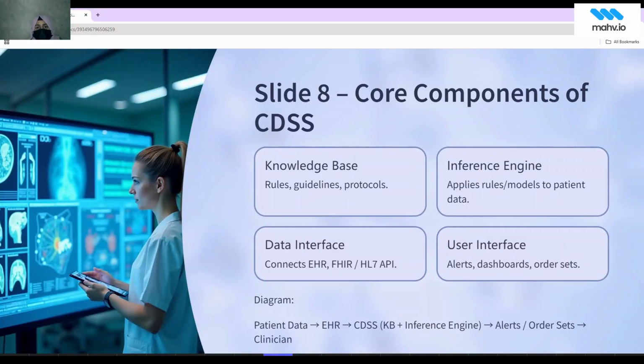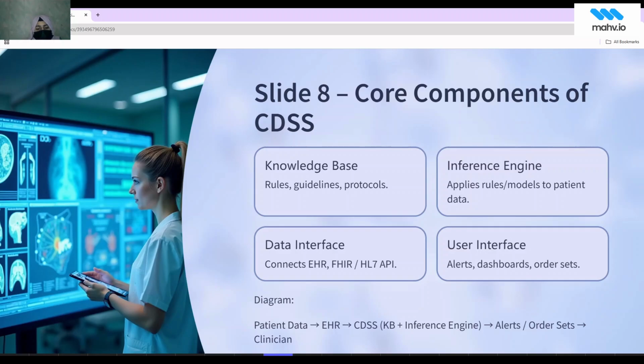Now, components of CDS. The CDS system components are the knowledge base, that is rules, guidelines, and protocols; the inference engine that applies rules and models to patients' data; data integration, which connects EHR, FHIR, HL7, APIs, all those things; and the user interface, that is alerts,